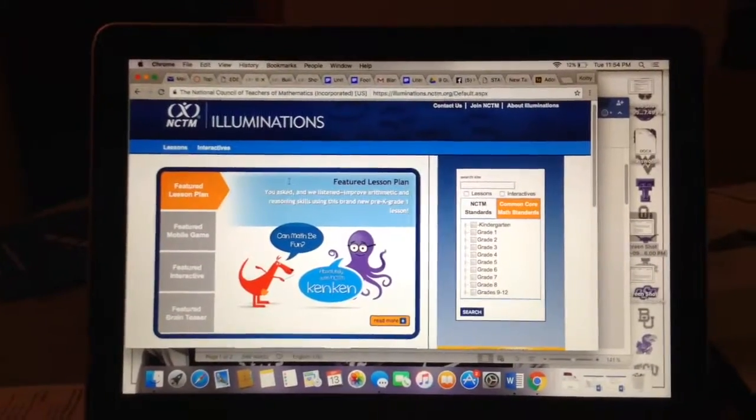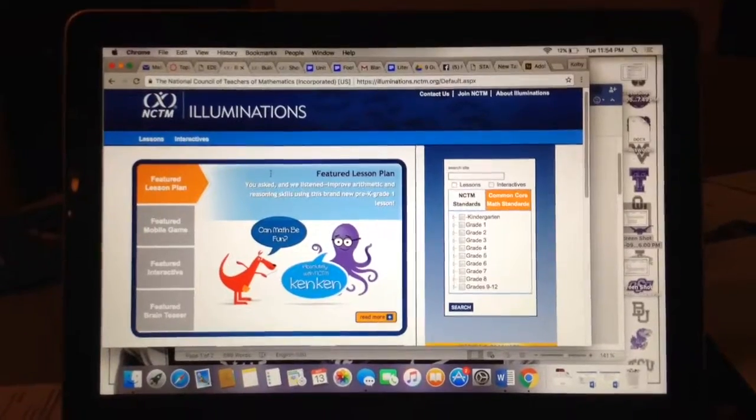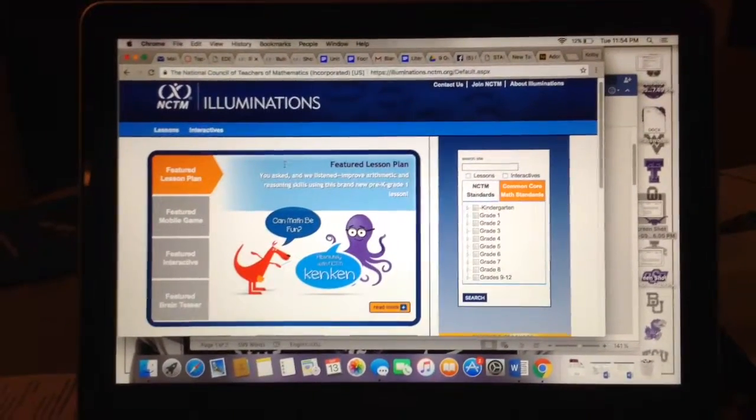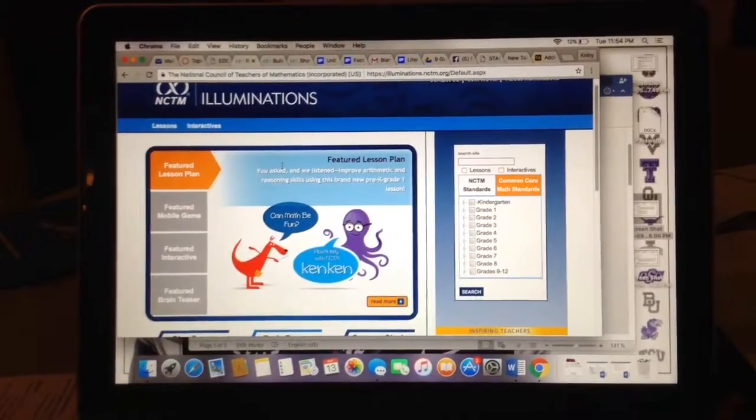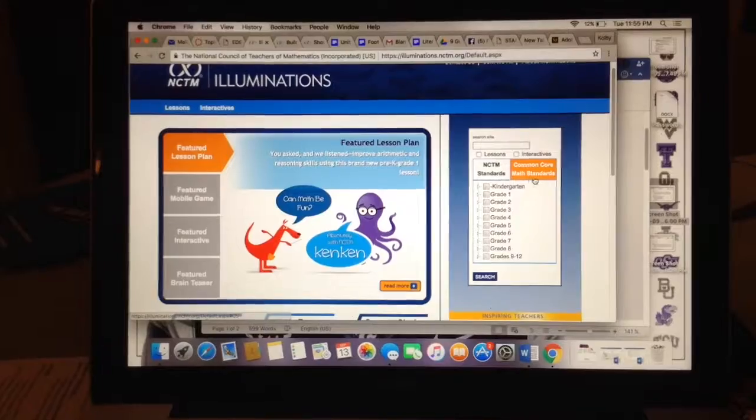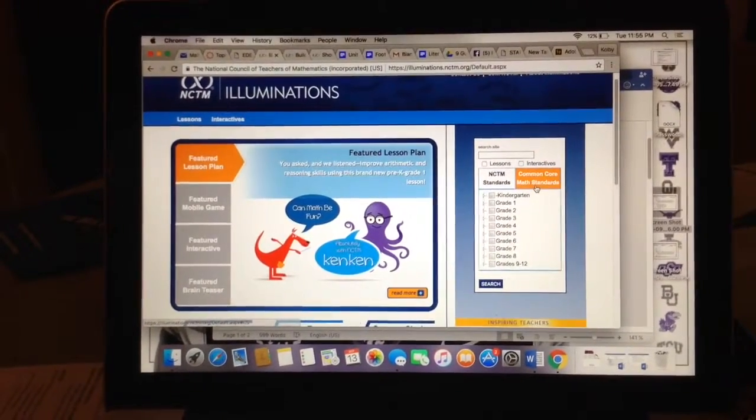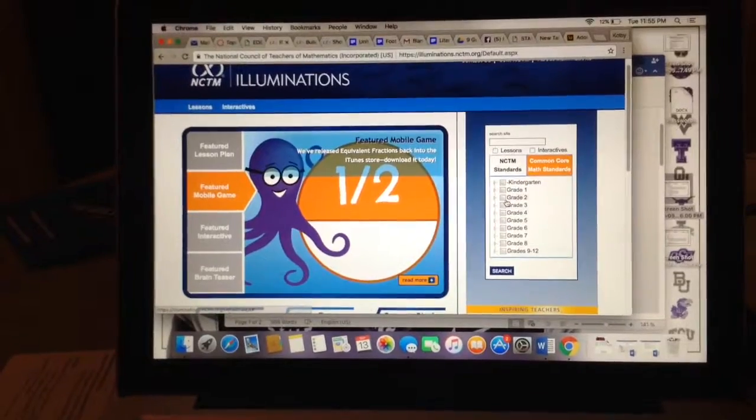The site I was given to go over for this presentation was Illuminations, and I think this website's actually pretty cool. There are lots of different resources on this website for sure. Over on the right, there's some Common Core math standards, and so you click the grade that you would want